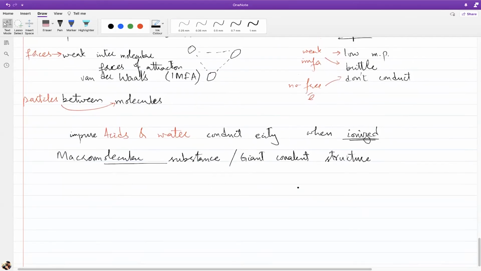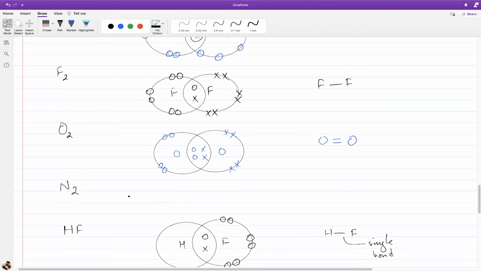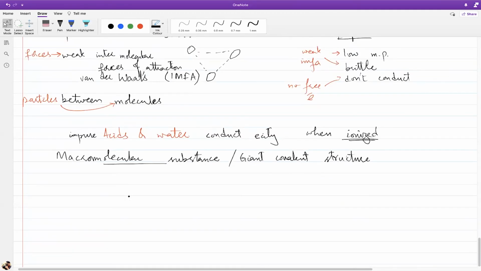So let's see, how are they different? So giant covalent structures में a classic example is that of diamond. So you know diamond, it is carbon atoms joined with other carbon atoms. But the problem with that is कि यहाँ पर हमने देखा था नाइट्रोजन नाइट्रोजन से ज्वाइन हो रहा है, ऑक्सीजन ऑक्सीजन से ज्वाइन हो रहा है, फ्लोरीन फ्लोरीन से ज्वाइन हो रहा है, because they're sharing electron, they're able to do that. With carbon, it is not possible because carbon needs 4 electrons. So when carbon tries to share 4 electrons with the other carbon atom, the force between that electron, वो एक दूसरे को इतने जोर से push away करते हैं